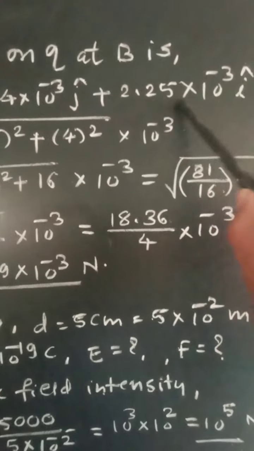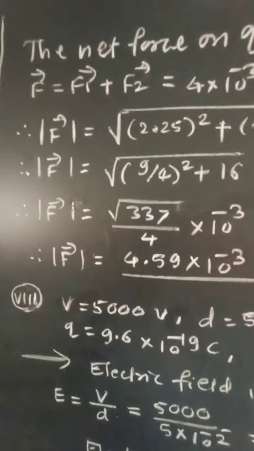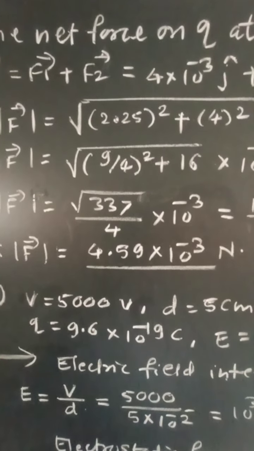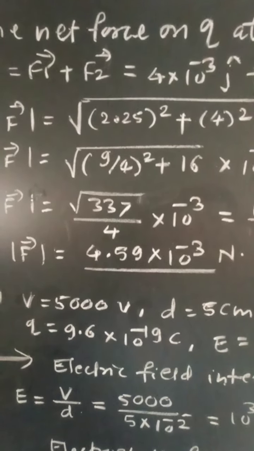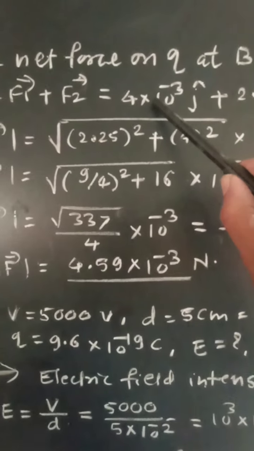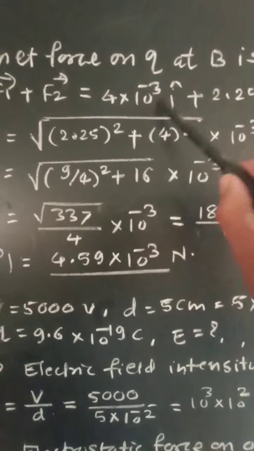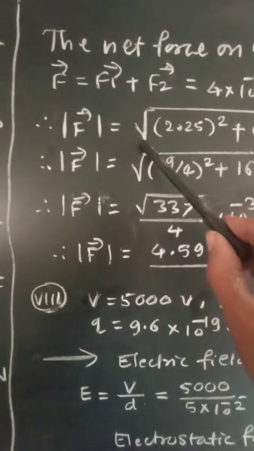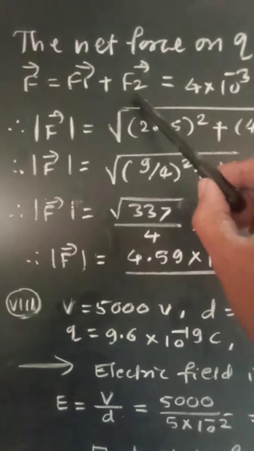So this is the term of I, this is the term of J, and we know that in case of vectors, the magnitude of the vector is given by square root of ax square plus ay square plus az square. Here only two terms are there, ax and ay. Therefore we can write magnitude of force F will be equal to